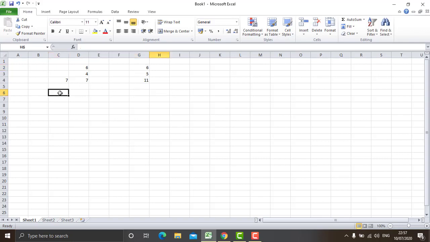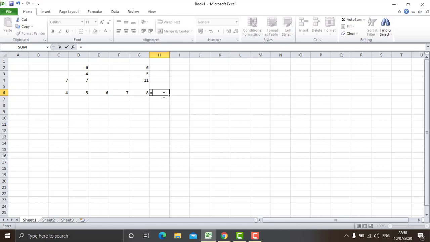Suppose a few values are there, say for example 4, then 5, then 6, then 7, and then 8, and you want the sum here. The one method is: equal to C6 plus D6 plus E6 plus F6 plus G6.